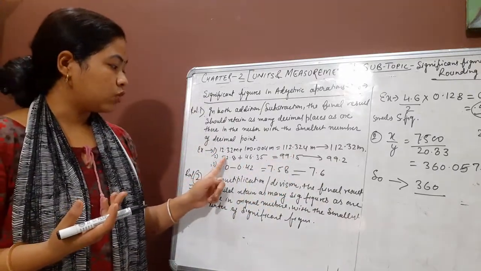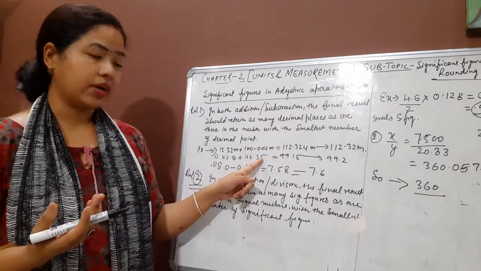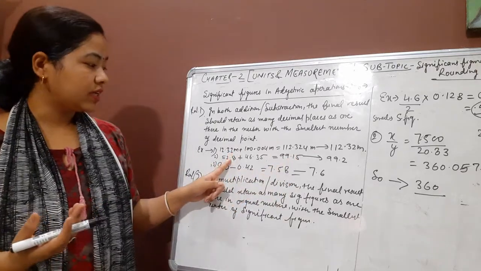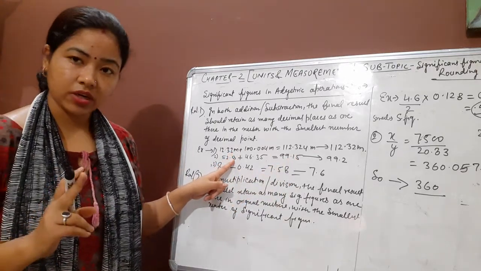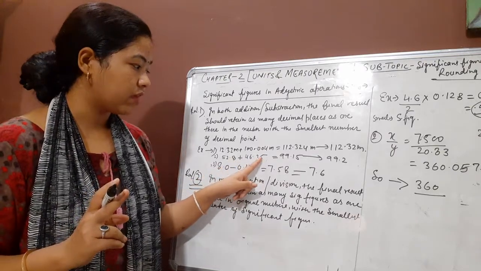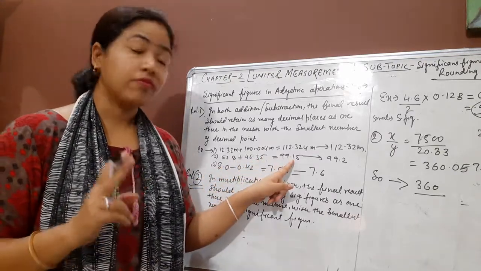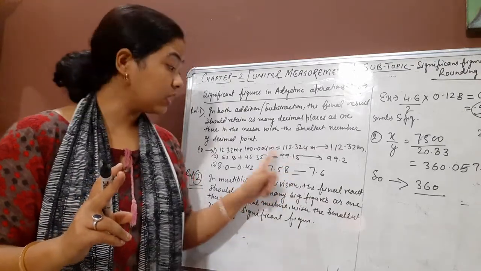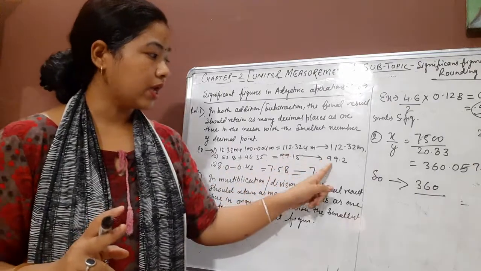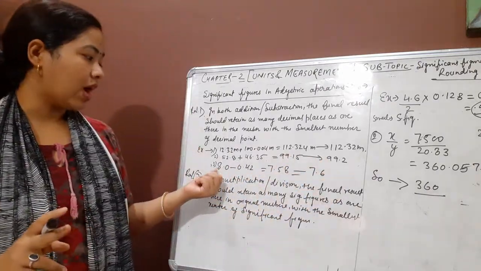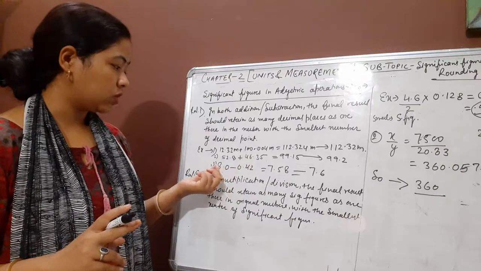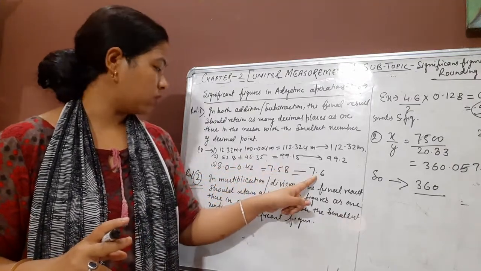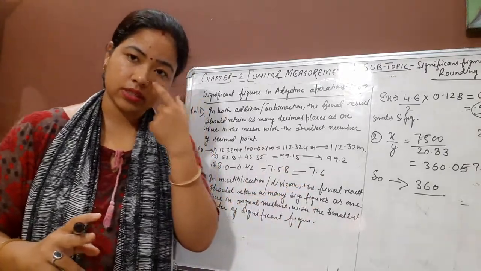There are 4, we will count up to the 4, right? Similarly 52.8 plus 46.35, now the result is 99.15. So after the decimal, in the very first number we are having one significant figure and in the second number we are having two significant figures. In the final result we will count up to the one digit after the decimal point, the least number, so 99.2. Likewise we have the rule for subtraction also. 8.0 minus 0.42 is 7.58, so we'll have only 7.6 as the significant figures.